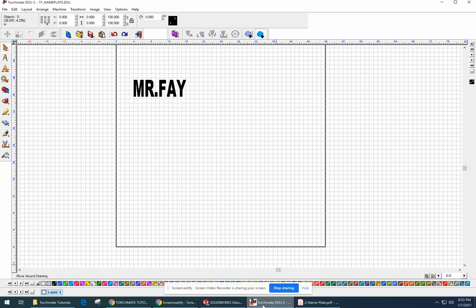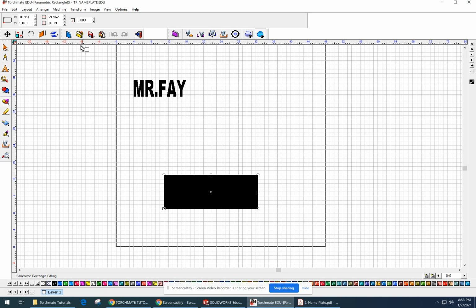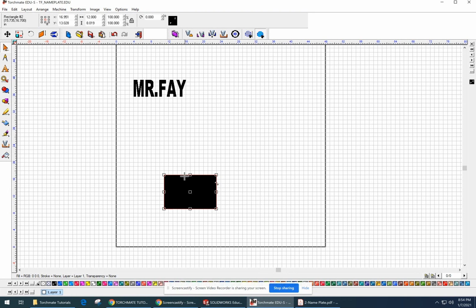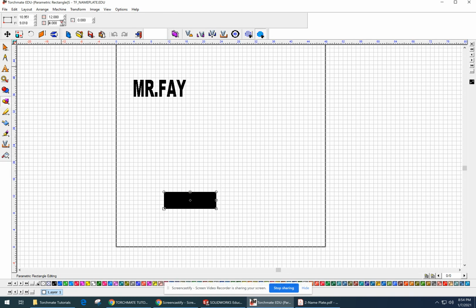So we'll go back to Torchmate, and I'm going to start here with a rectangle, and I'm going to go like this. Okay, now I'm going to go 12 here, and 4 here, and I'm actually going to go ahead and, oh, that didn't work. What did I do? There we go. The 4 didn't stick. Okay, 4, enter. Okay, that looks better. So now what I'm going to do is just click off of it,